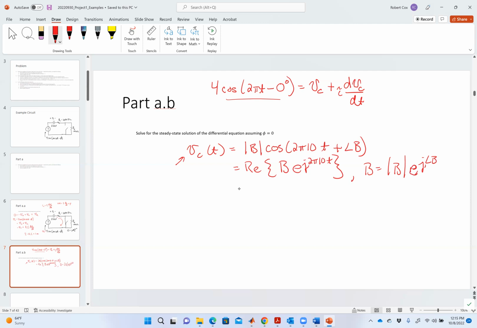So we talked about this approach in dealing with differential equations. We talked about a 5-step process for doing this, right? I make this guess, and then I convert this whole differential equation into the phasor domain. So the phasor domain equation, we'll write that out, is going to be 4, and so I said 4 cosine 2 pi, sorry, that should be 10t